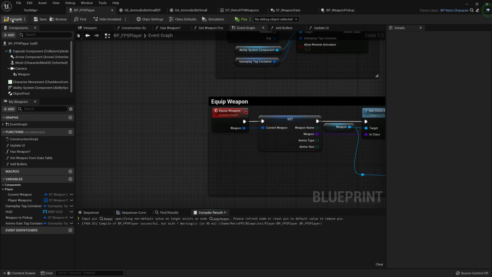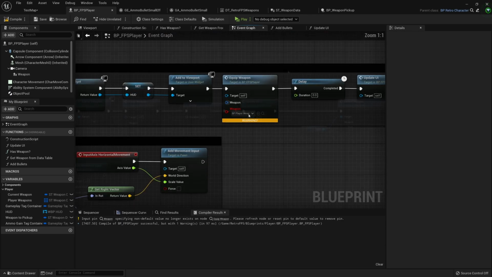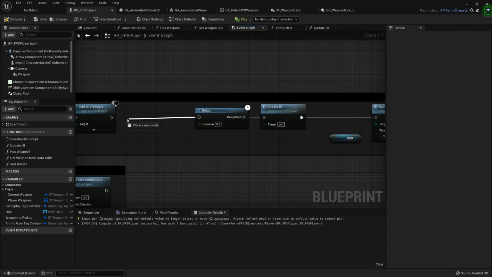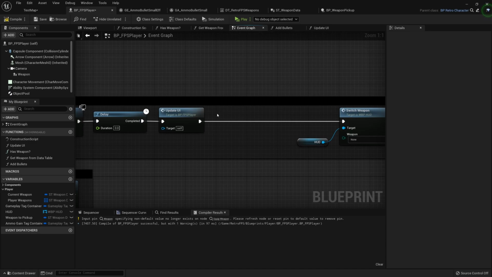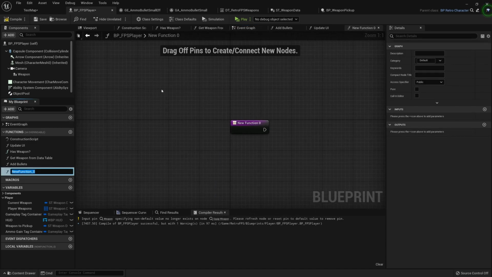Once you compile this, you'll see that there is a warning on the equip weapon node, but we don't need that node, so you can actually just delete it. And then we'll hook up the delay to the add to viewport and move this stuff over. And then we'll need to add a new function called initialize weapon.